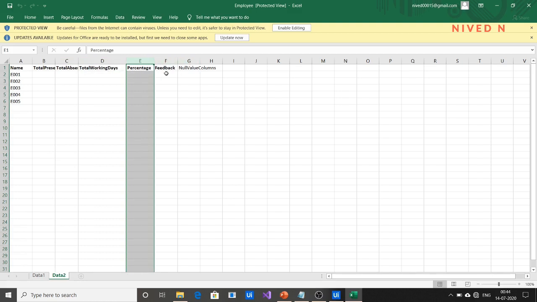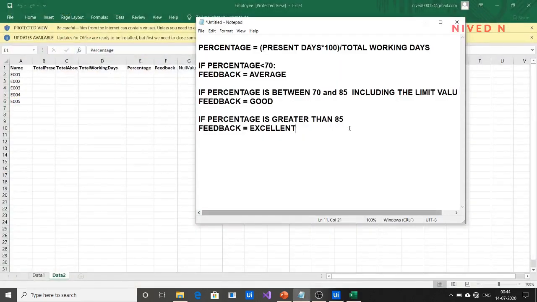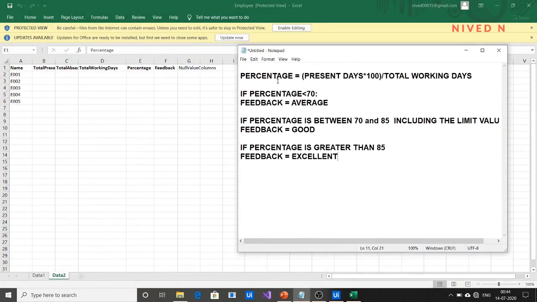Regarding the calculation of percentage and feedback, there is an equation for this separately. The percentage is equal to present days into 100 divided by total working days. For providing feedback, there are three conditions.